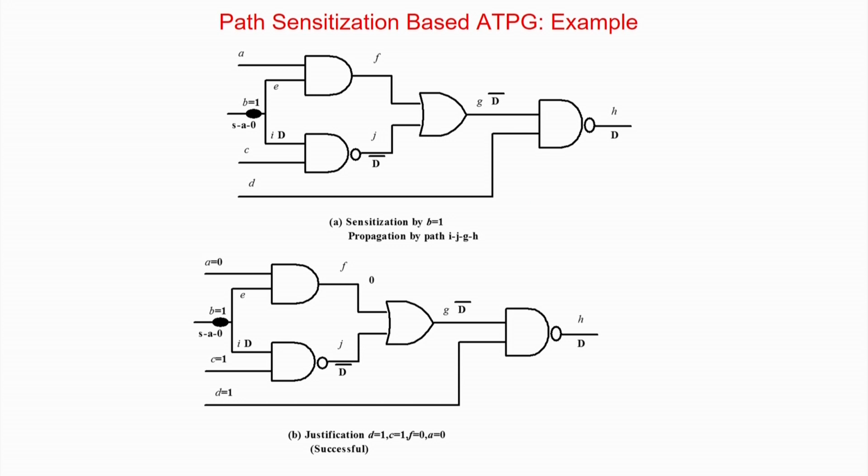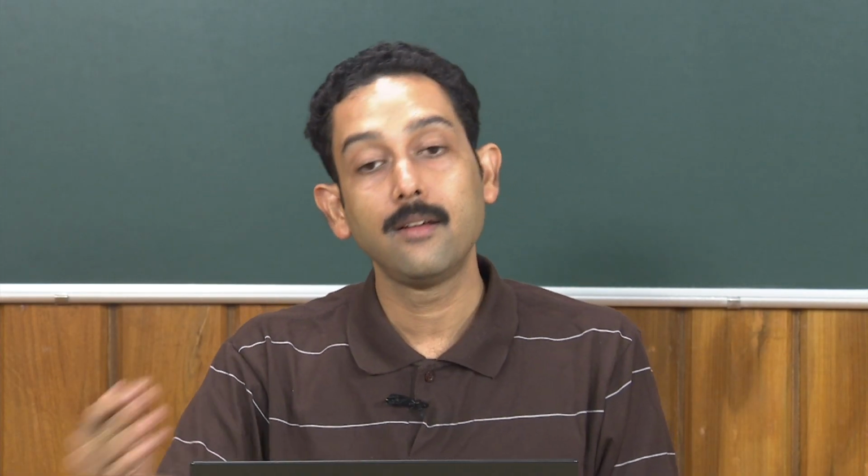But now I have another path available. So, I will use this iteration. I have given this example basically to show what an automatic test pattern generation algorithm is: sensitize, propagate and justify. Also, it is giving you a picture that you may not always get the so-called solution in one iteration; there can be multiple iterations.